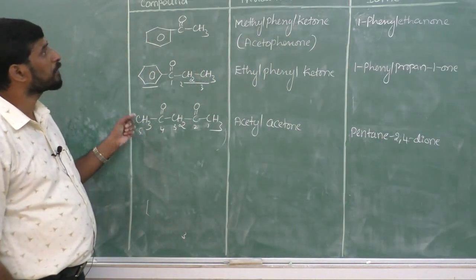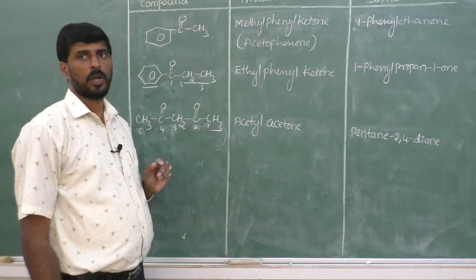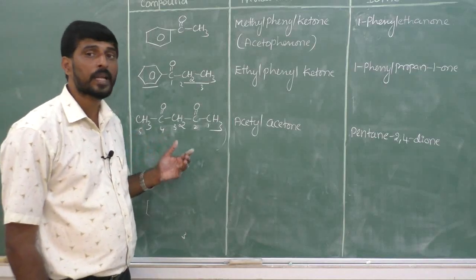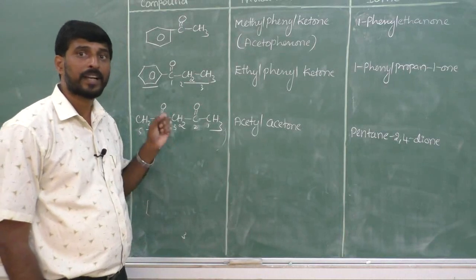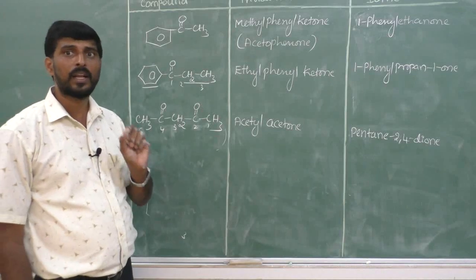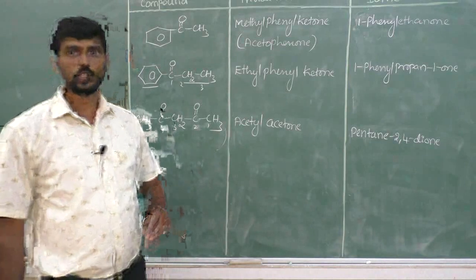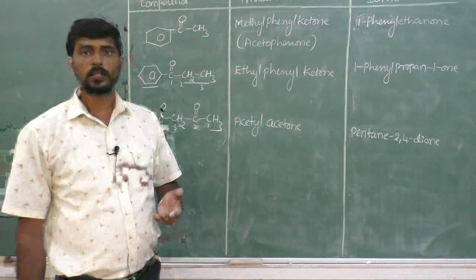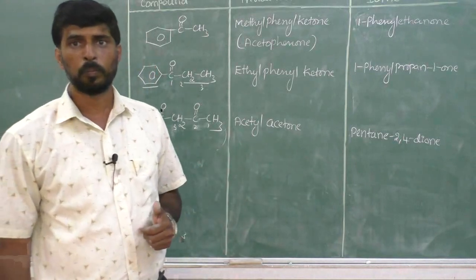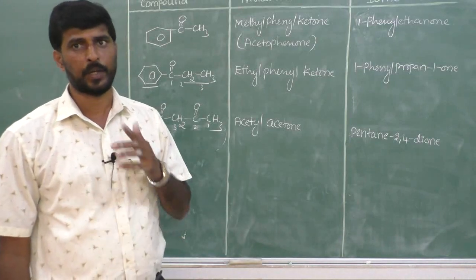So, this is about the nomenclature of some of the ketones in the trivial system as well as the IUPAC system. Please remember, students, the nomenclature is not over. Whenever you write a chemical reaction, you have to write the names of the reactants as well as the products. Then only can we learn organic chemistry. Okay students, today I will stop here. In the next class, we will study the structure of the carbonyl functional group and the general methods of preparation of aldehydes and ketones.